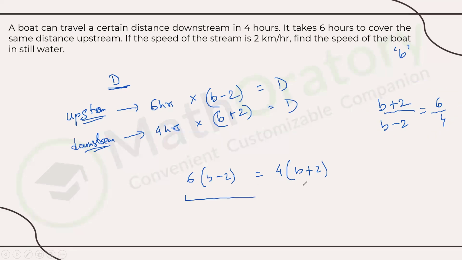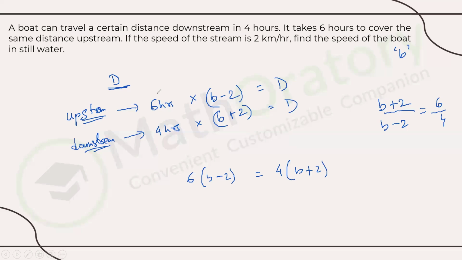And here also you can see, you can just cross divide and stuff, and you get the same thing, right? So b plus 2 by b minus 2 is equal to 6 by 4. This can be figured out directly. So for example, you know that the distance is constant, so speed and time should be inversely proportional. So the b minus 2 should correspond to the 4 hours and the b plus 2 should correspond to 6